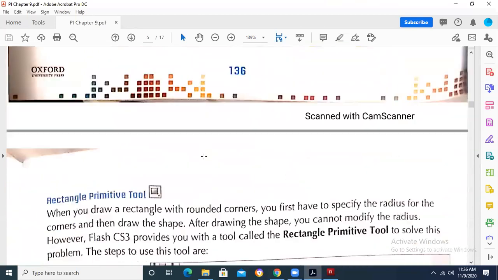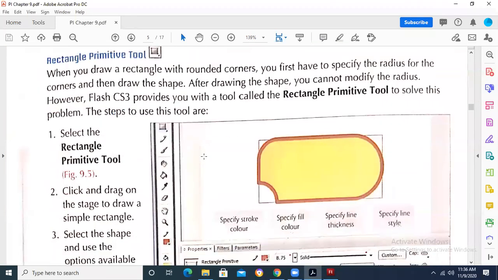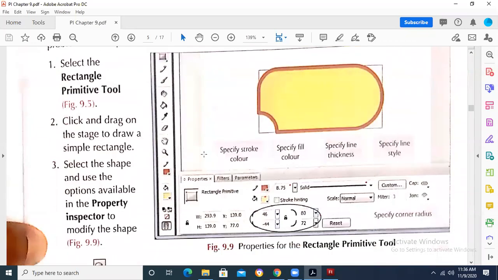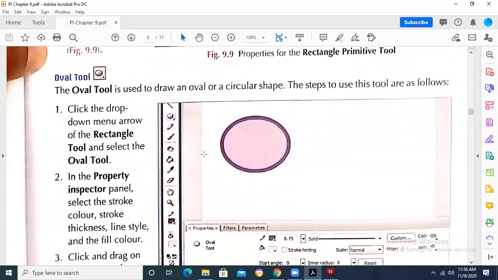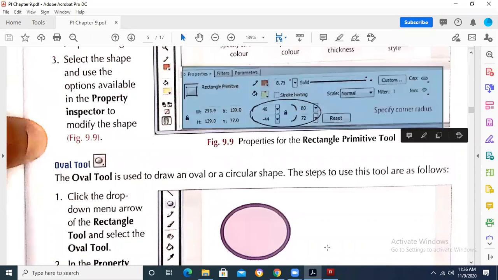Primitive means that we can cut down some angular area of the shape according to our own requirement. So these are the options that we have not only gone through but also applied in detail. We have discussed the property panel as well, what these properties are and why